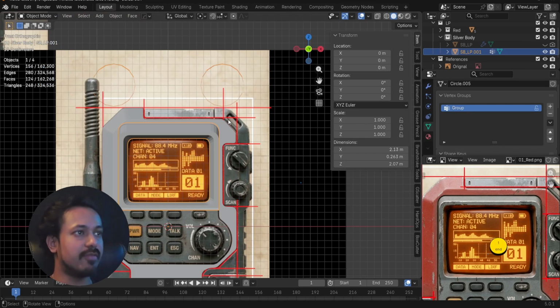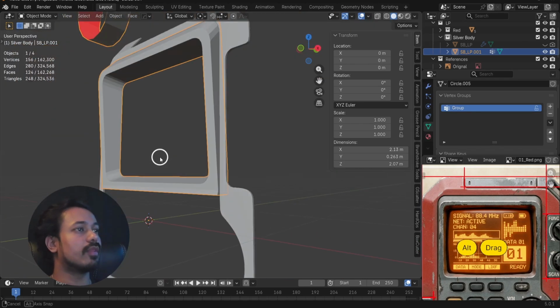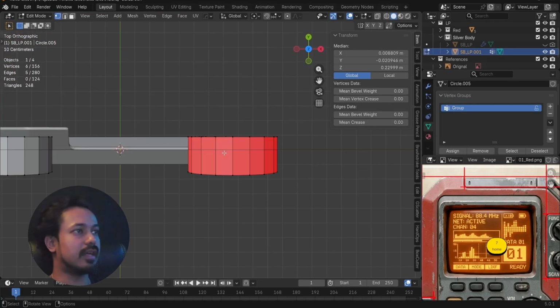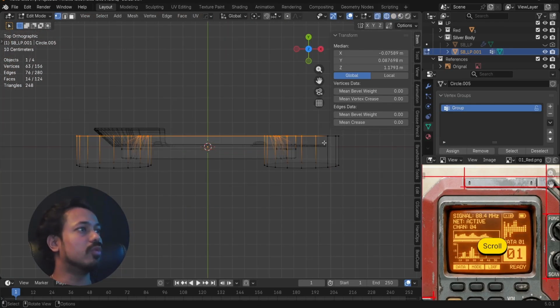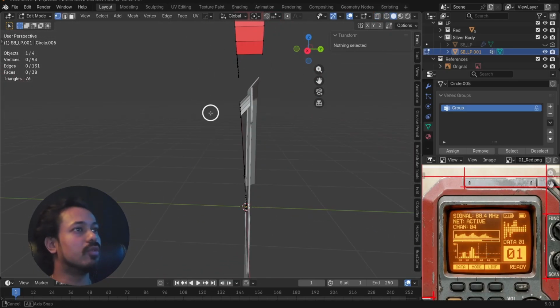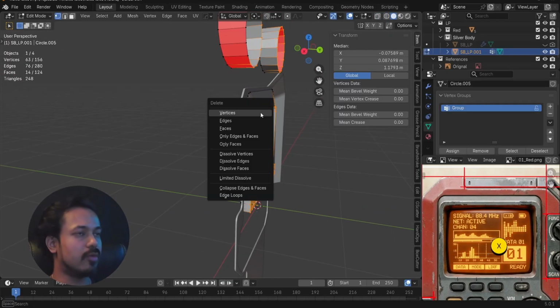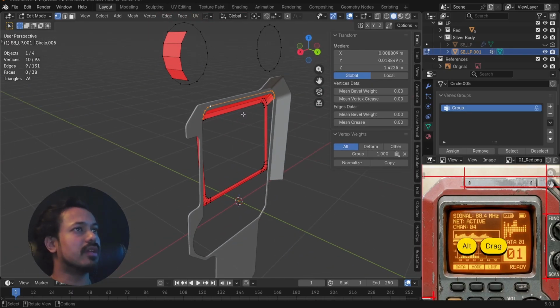Great, let's dive into the second part, which is creating these buttons. But before I do that, there's something that I need to do. I will come in the wireframe. I am going to destroy the back end of it. I don't want any distractions, and so as you can imagine,